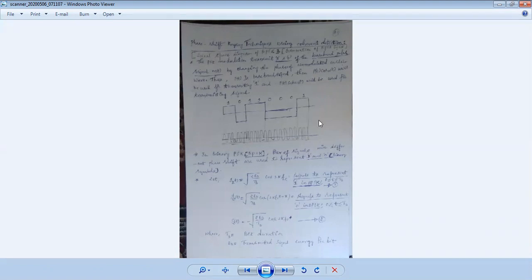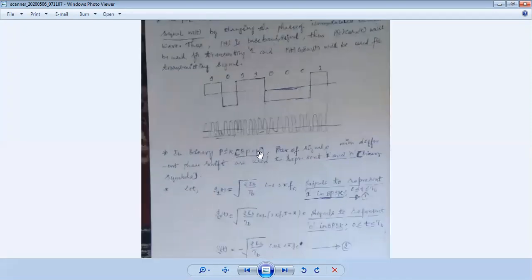So phase shift keying is possible only with coherent detection, because all the information we are going to send, 1000 and so on, is within this signal. So we need to analyze this envelope, the modulated signal, in order to detect the binary pulses. So for a simple analysis, let us take only 1s and 0s. Look back, in binary PSK, a pair of signals with different phase shifts are used to represent 1 and 0.